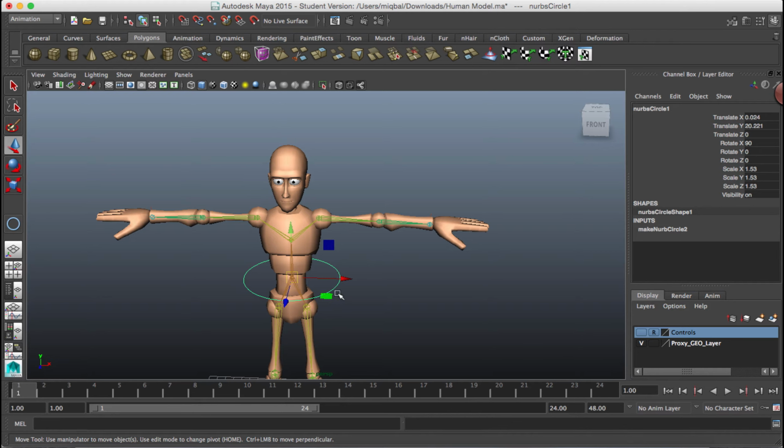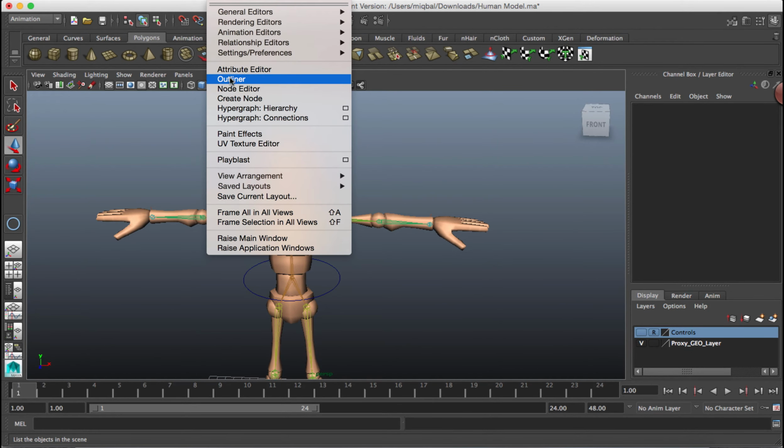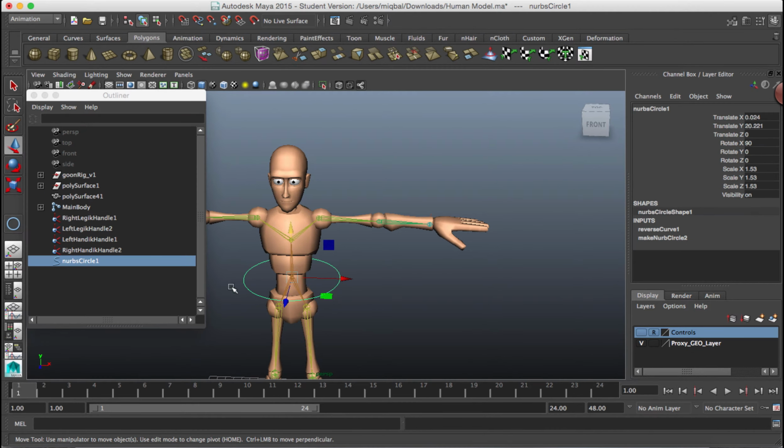So I click this and I shift select this bone over here in the middle. Now obviously you'll find it difficult because you can select this mesh or this part of the bone, but since this is snapping to the bone, you may find it difficult. So obviously what you do is you click on the outliner. So I go to window outliner and I can very easily let me just give it a name also. This is the main